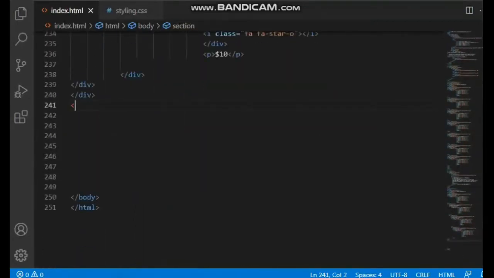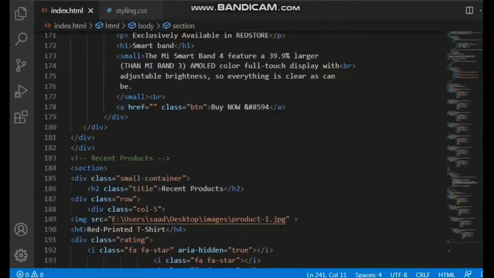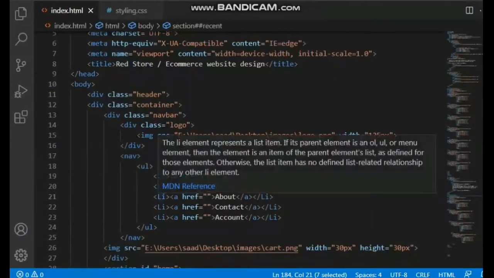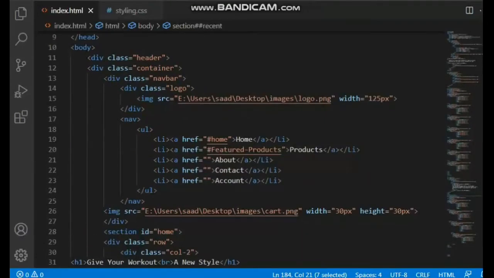Now here we will add a section. I think you don't need to add it. I am just adding it to teach you that you can add as many sections as you want, because for products you can create another page.